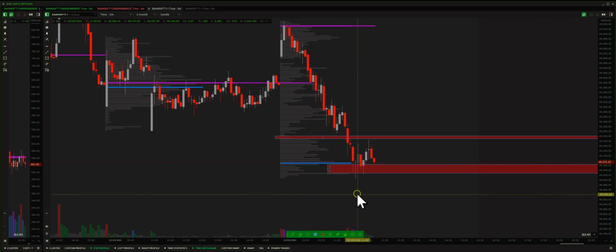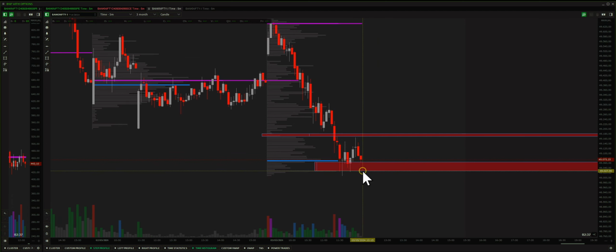So I know for a fact, even without looking at footprints, that there is a presence of buyers over here. Okay, it doesn't mean that I would try and go long immediately. In fact, this is a place where, if I see a confirmation and I go into footprint, I can attempt a long, because it is starting to reject from this place. If you see, 2.5 minutes of the 5 minutes are over, and I can see a rejection happening in this place. So I maybe would have entered a short, or a long, sorry, from this point, and hoping for at least this